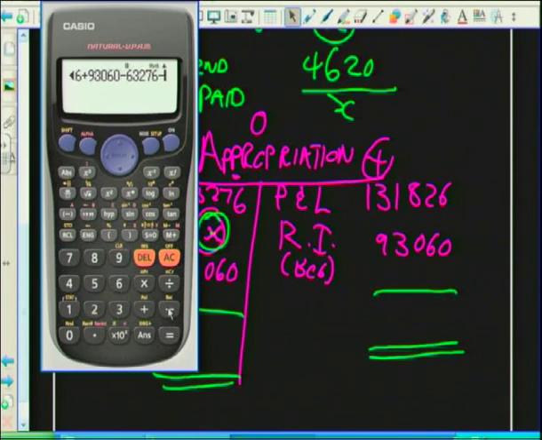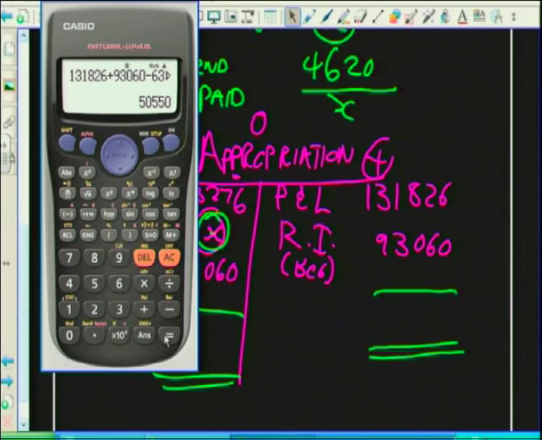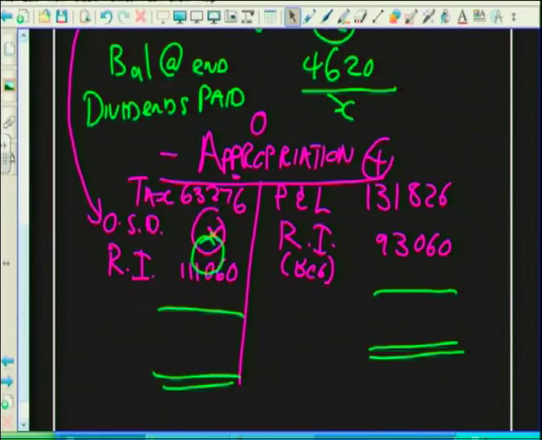And then finally, that retained income figure that we entered, 111,060. Okay, and there we go. There's that figure that was missing. My ordinary share dividends, an amount of 50,550. So that x, guys, that amount is, let's just write it down here for you, an amount of